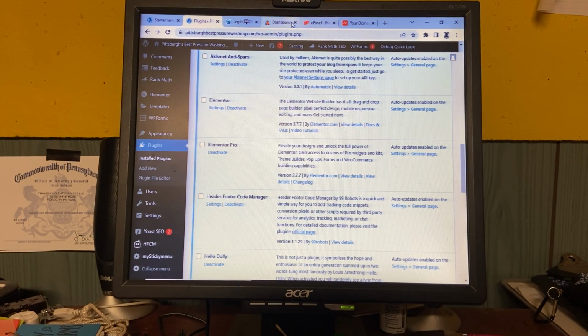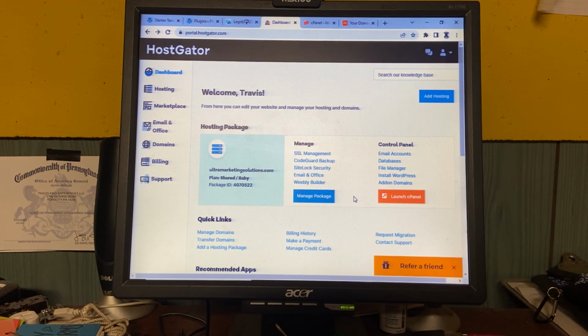Oh yeah, one more thing. Once you have bought and transferred the DNS and everything for your website, you have to go to your HostGator account, click Add On Domains, add on the domain that you want to be hosted under, and then once it's added on, you'll have to go to Install WordPress and install WordPress on that site. Now be careful when you're doing this, because you have to choose your password, your description, and all that. You want to make sure you go over everything when you're installing WordPress so that it's done correctly.